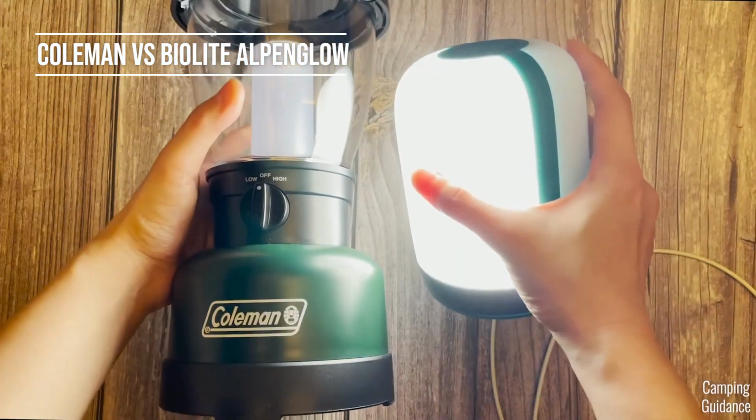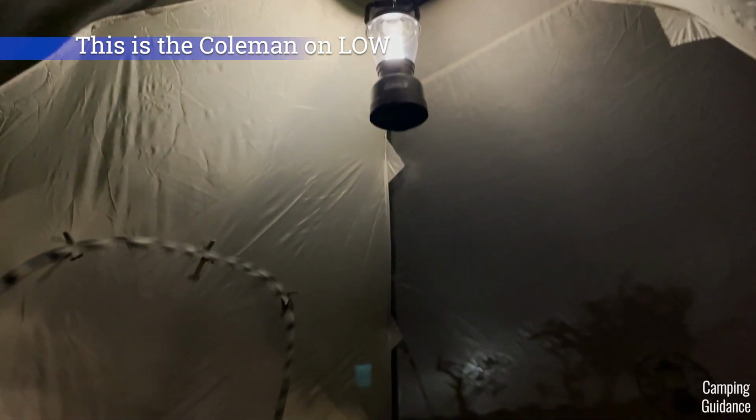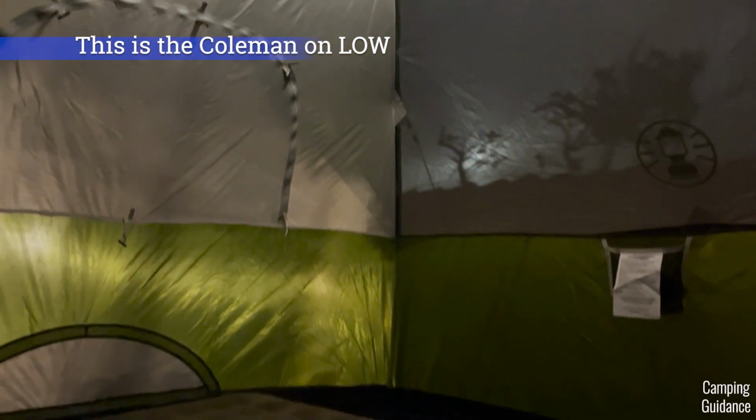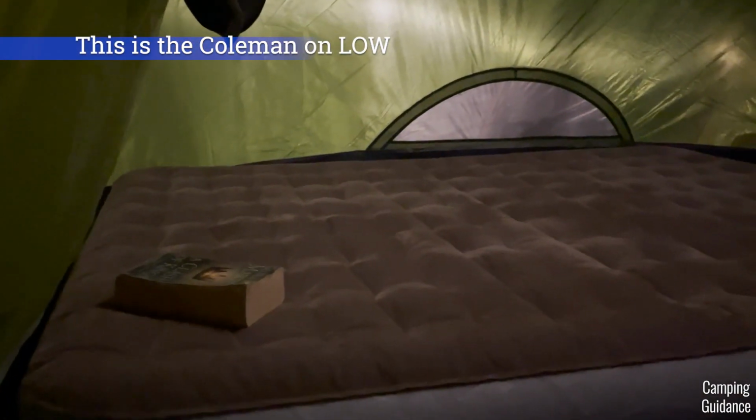There are quite a few reasons why I do not like this lantern. The biggest reason is that there are way too few light modes. The low mode here comes in at 178 lumens, which is way too bright for me at night. If your eyes have already adjusted to the dark, this is freaking blinding. I'm more used to having a 0 to maybe a 10 lumen low output just for a little bit of